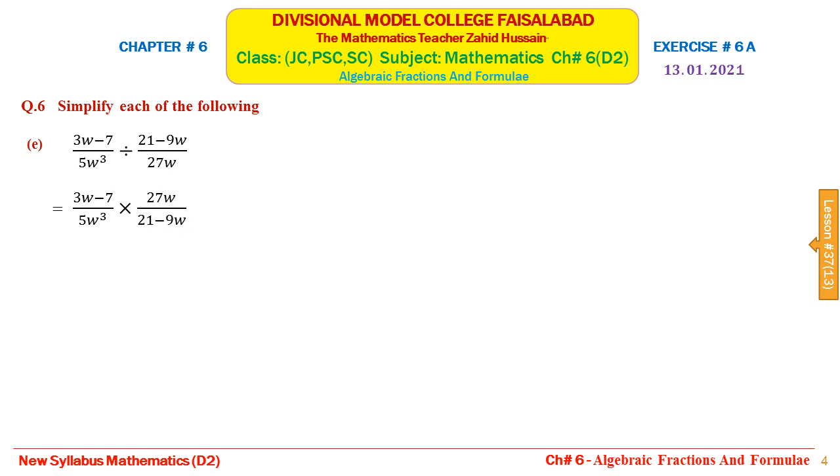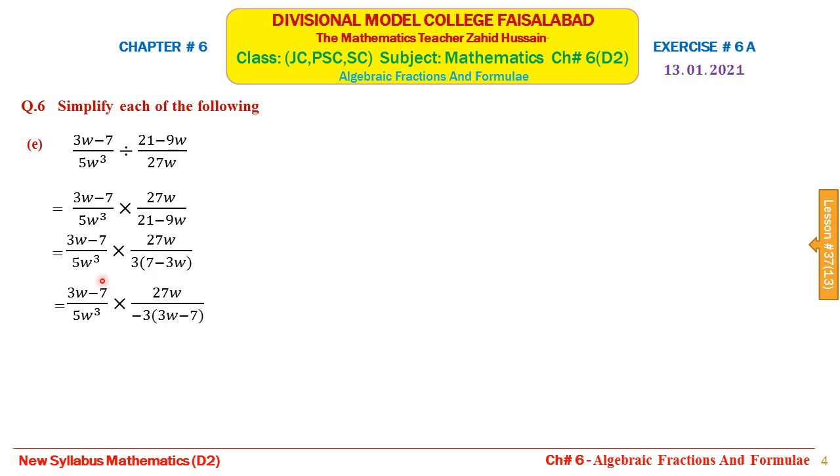Now we will factorize the numerator and denominator. This expression in the numerator of the first fraction cannot be factorized. So we will write this fraction as it is, multiplied by 27w in the numerator of the second fraction, and from the denominator 3 is common. So we have taken 3 common and we are left with 7 minus 3w. Now we will cancel the common factor. 3w minus 7 and 7 minus 3w. Order is not the same, and there is a negative sign between two terms. To make the order same, we will have to write a negative sign before the bracket, and we will change the order.